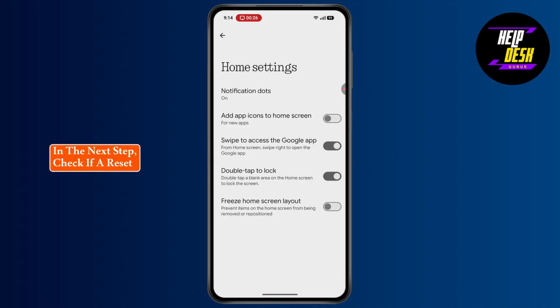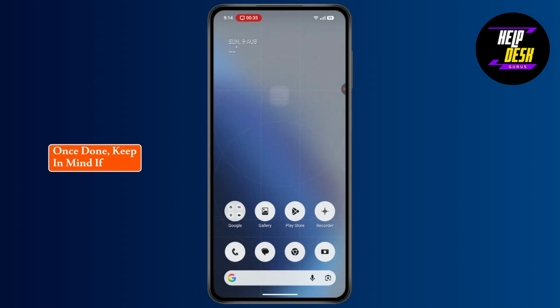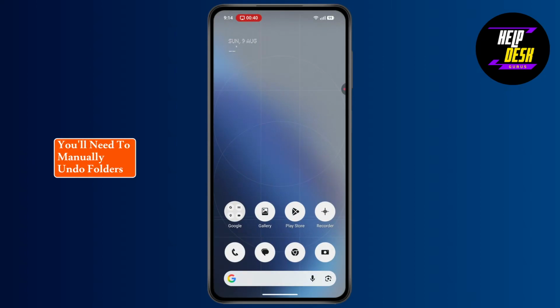In the next step, check if a reset or default option is listed here. Following this, tap on it to restore the default drawer arrangement if available. Once done, keep in mind if no direct reset option exists, you'll need to manually undo folders by dragging apps